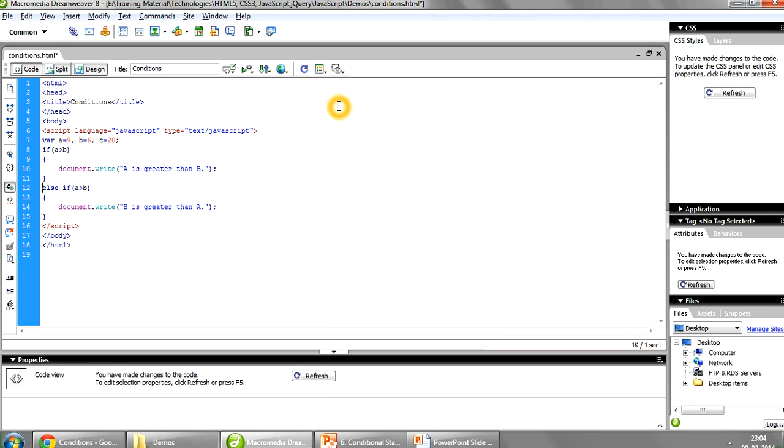If b is greater than a, then "b is greater than a" should be printed. Or if c is greater than a,